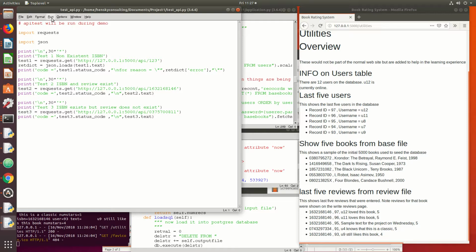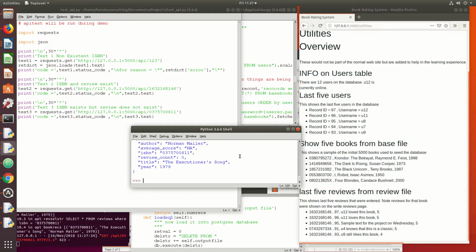So if I just click run on that, you can see it's using the requests library, it's using the local ports, and there's 3 cases. One, a port that doesn't exist, one, a book where the reviews exist, and one where the reviews do not exist. So if I just click run,